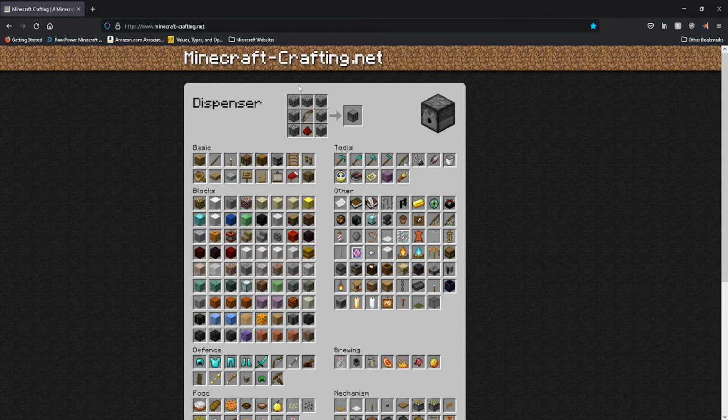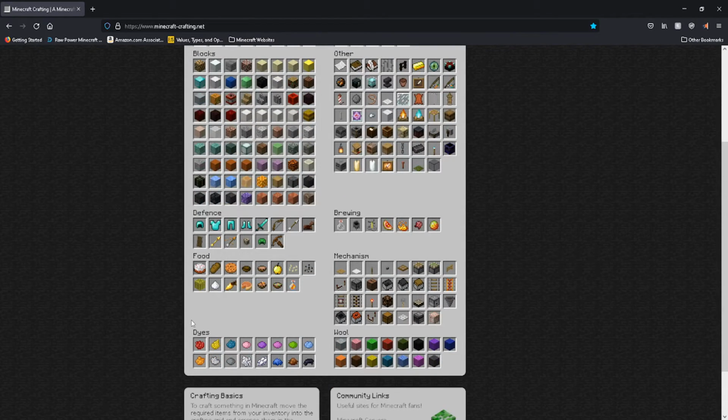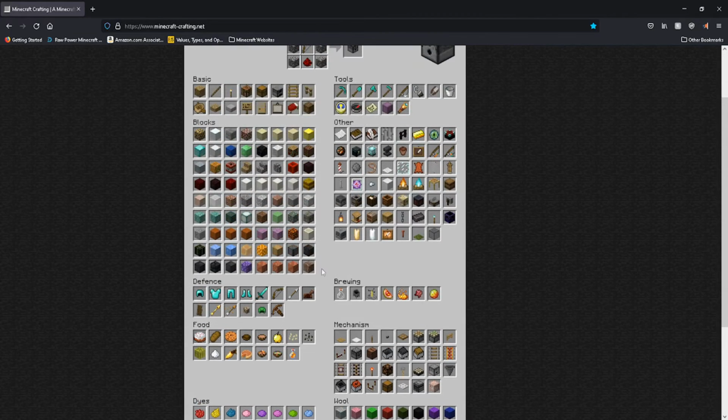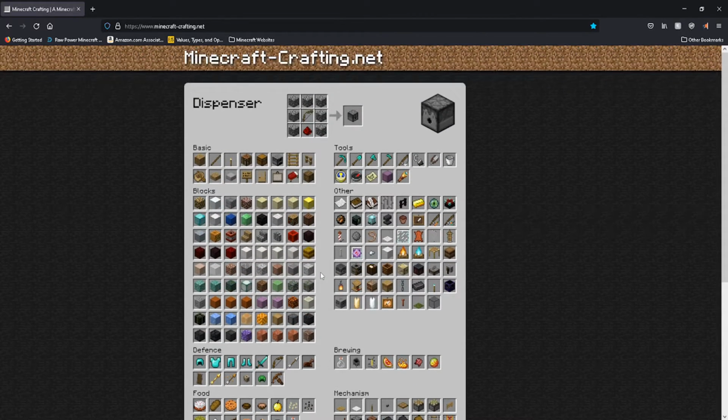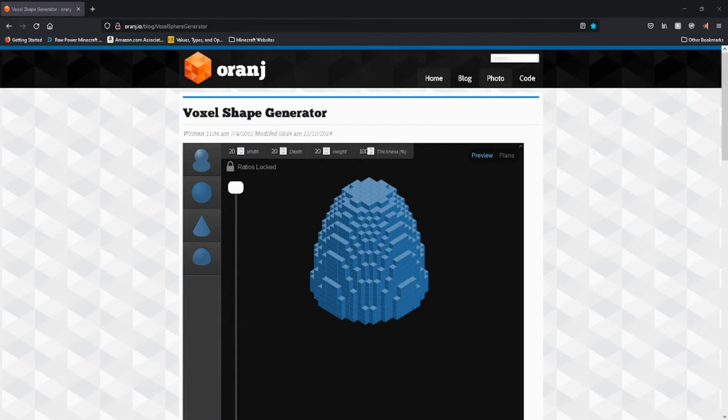It shows you how many cobblestone you need, a bow, and a redstone, and the output. This is a great tool in case you just forget how to craft something. And be honest, it's happened to you a couple times. Trust me, I've been there. It's okay. But you can click on any item and it's going to show you exactly how to craft it. Minecraft-crafting.net. Great site. The next site that I'm going to recommend is orange with a J